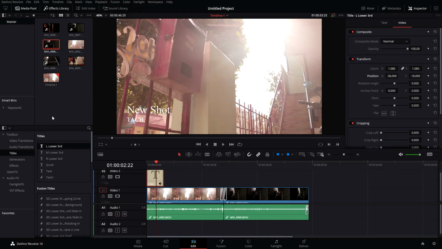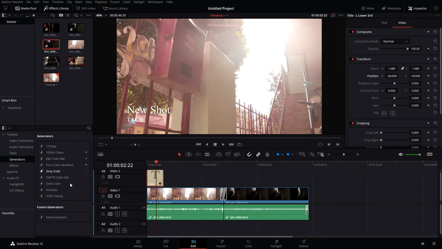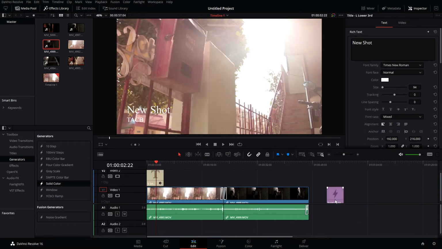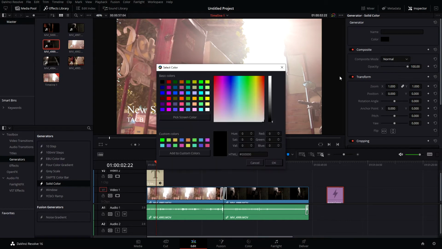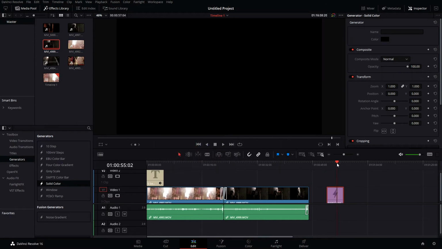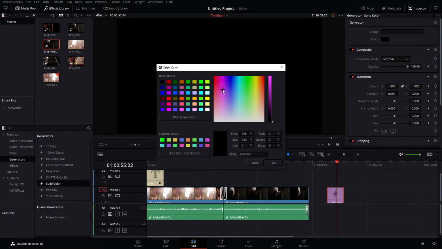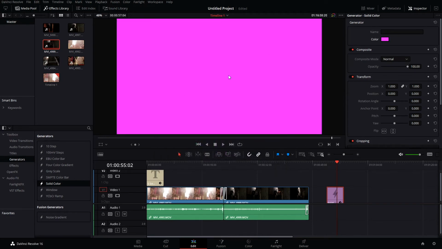Then we have generators, which I'll discuss in the next one, but I'll discuss one of the generators, which is solid color. So you can add a solid color over here, and let's choose the color somewhat to blue. Okay, one minute, I did not select. Okay, you can have a pink background. Didn't you know that? You could be knowing, but here is the option: solid color, and you can add it.